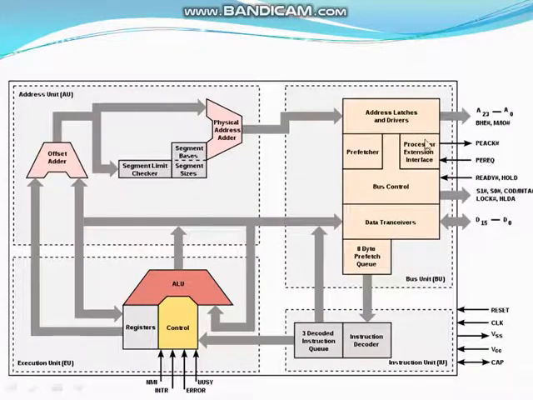So here, this is the processor extension interface. It is basically used to interface with the numerical data processor. These are the two different adders. In the 8086 these two adders are not available, but in the 286 these two are available. So that's why it will perform faster operation.